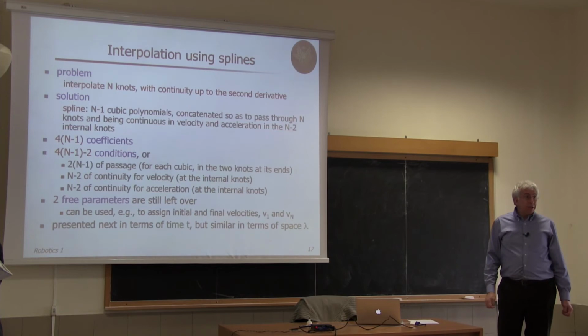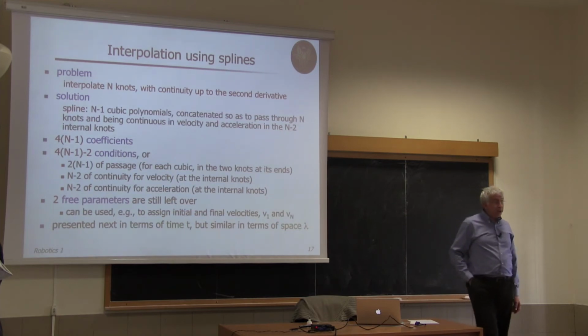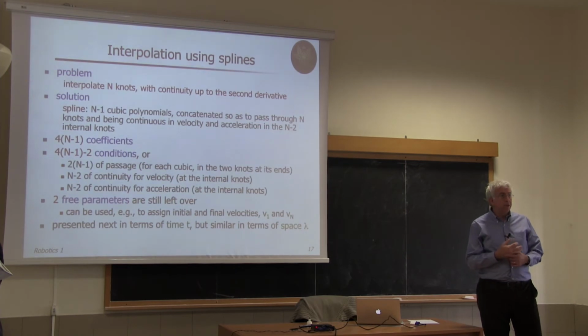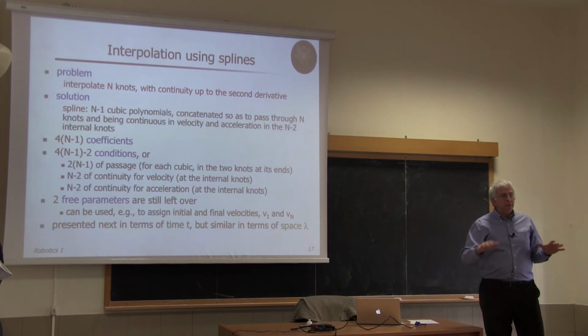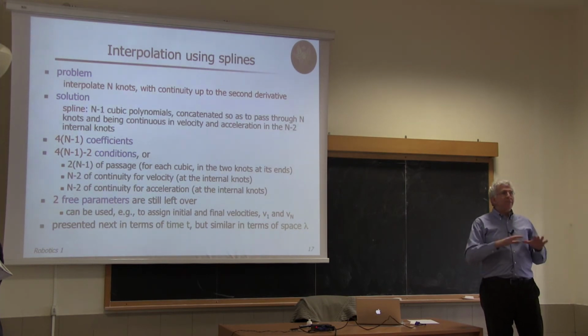These do exact interpolation, and have been used also for the design of car bodies. There's a famous algorithm given by de Casteljau, who was a designer at Citroën in the 1950s, who designed the surface of their car bodies using this type of spline or a variation of it. So they are really intended to interpolate many points with some smoothness constraint, avoiding overshooting and undershooting, so that you get a nice, smooth, natural